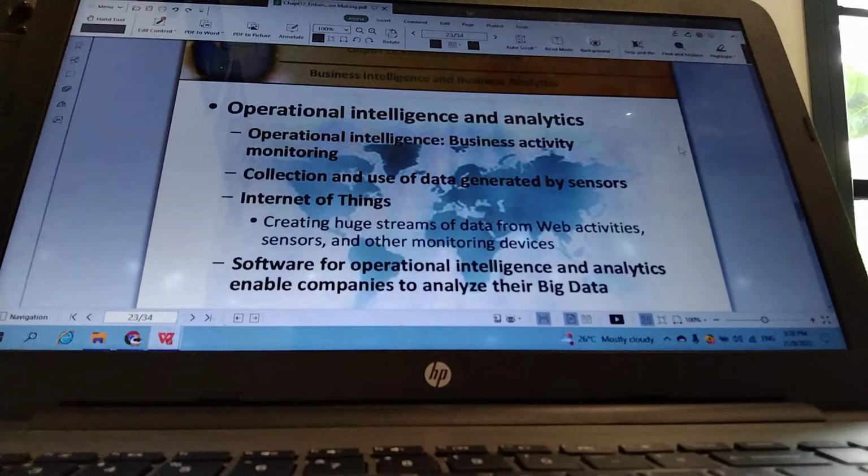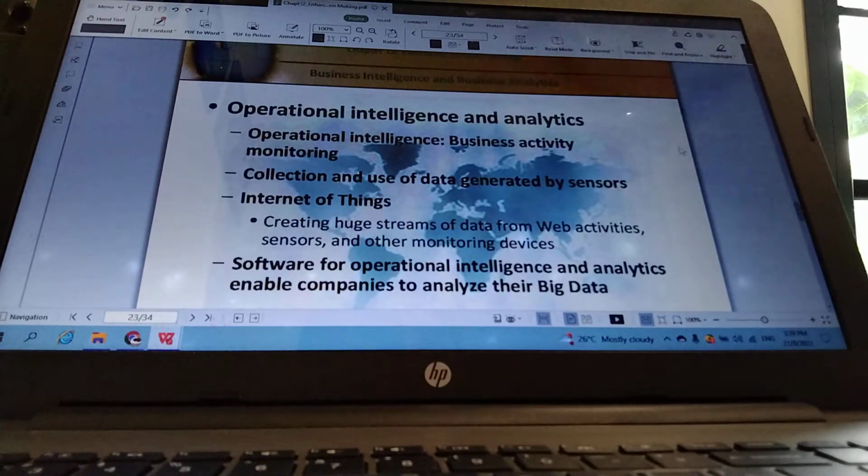Still on the same topic, business intelligence and business analytics, what we're going to do is look at operational intelligence and analytics. What are the operational intelligence and analytic types of activities that can be performed by these tools? As far as operational intelligence is concerned, we need to look at business activity